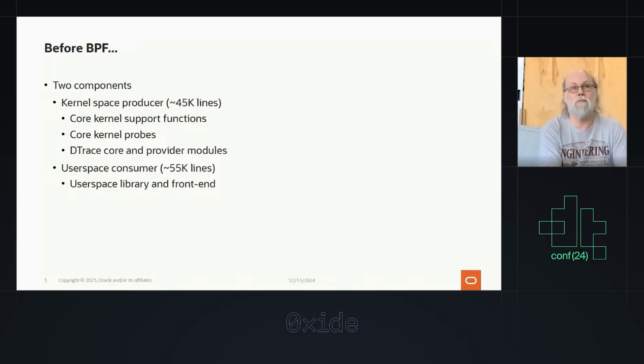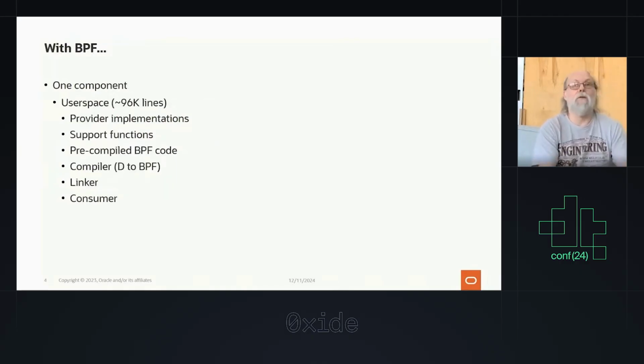Plus, kernel changes meant that we had to keep updating these patches. Not ideal for stability, not ideal for overall maintenance. And again, adoption was definitely not something that would benefit from that. So with using BPF and other tracing features, it's all one component now. Everything lives in user space as far as the dtrace code is concerned. Well, I shouldn't say all, but a whole lot. What we do within user space is that these scripts get compiled into BPF code, and then these programs are loaded into the kernel, and everything runs there within the